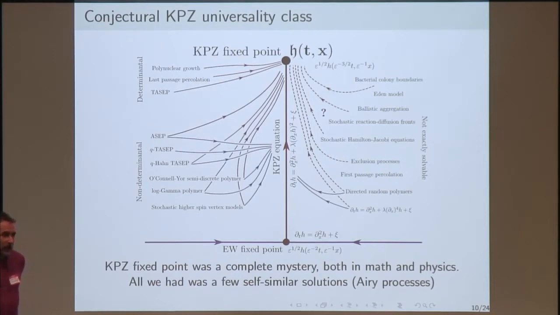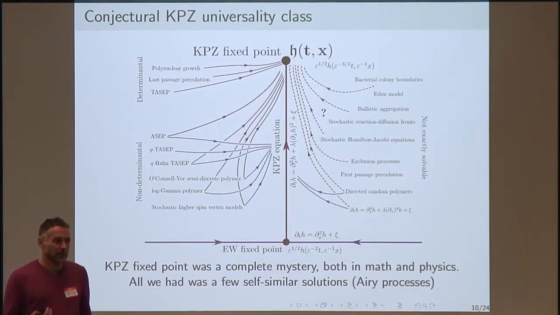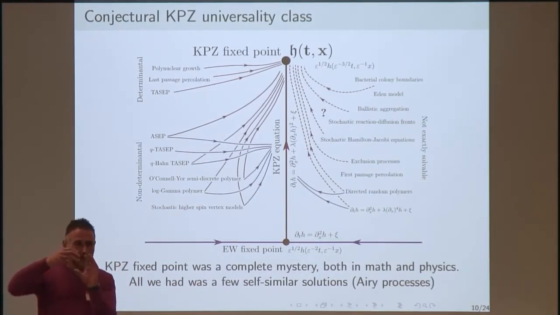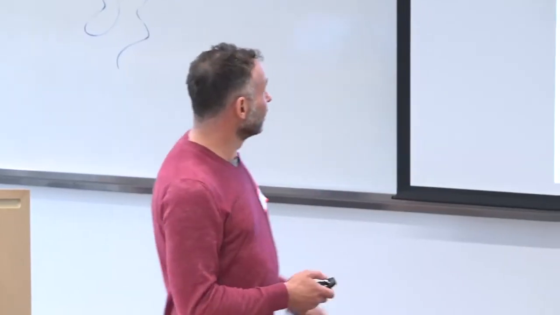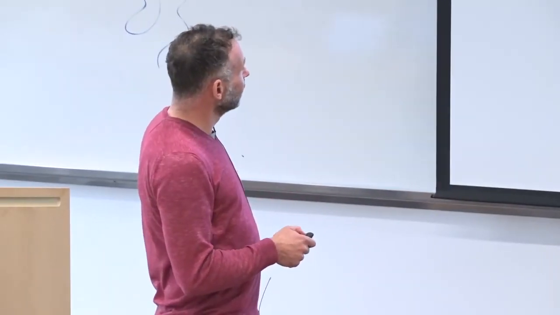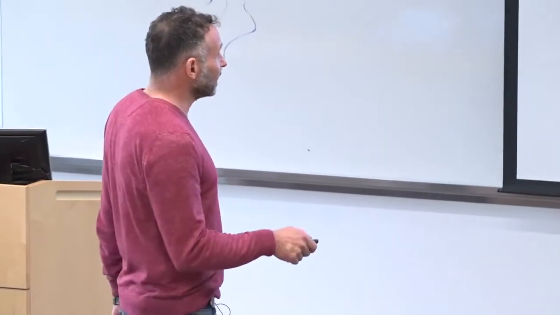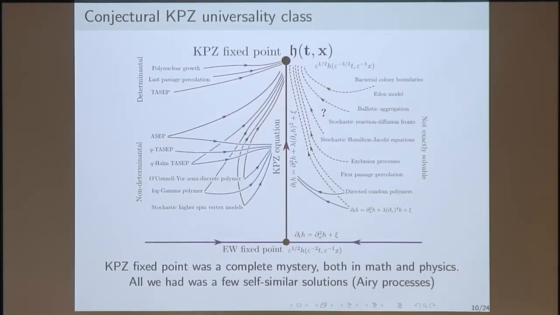And every model in this universality class is, in principle, supposed to be rescaled under this 1, 2, 3 rescaling to some universal Markov process, which is going to govern the fluctuations of everybody. And that's the KPZ fixed point. So KPZ itself is not scaling invariant. If you take the KPZ equation and you rescale it,